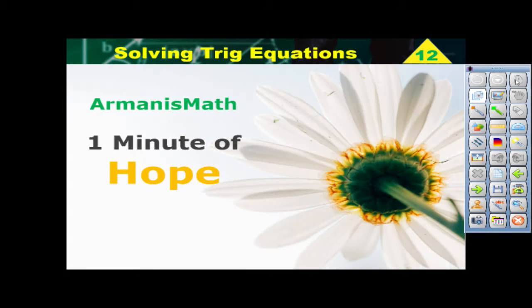Down to the last minute. 1 minute of hope with Armani. I feel with all of you, with all what's going on here around us, I want to say something that really motivates me. It does motivate me when I see you guys really engaged in learning, although this is optional at the moment, but you are building the foundation for the next math classes, or for your college math classes. And I highly recommend that